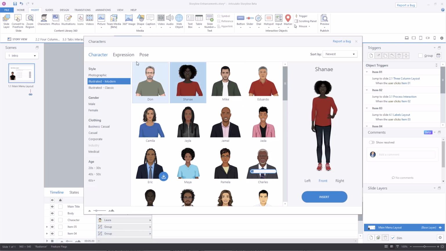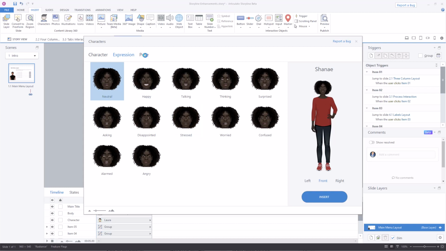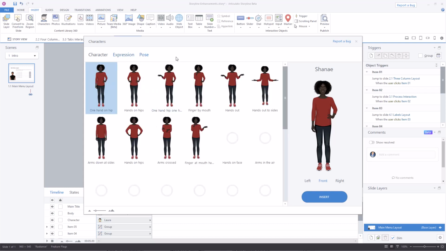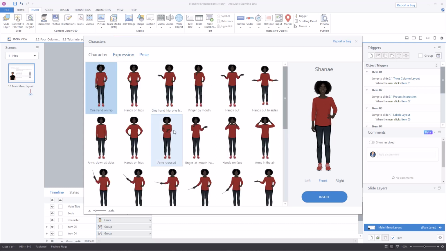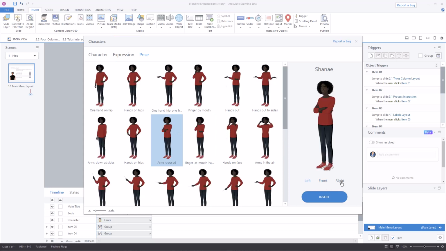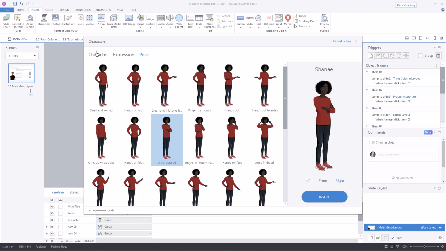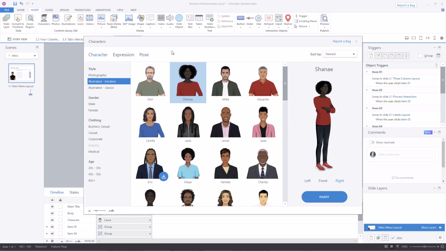You can see the different poses and expressions for each of the characters. Love these Modern Illustrated characters. They are probably the most popular characters that we see right now. You have the different poses, and of course you can always go left or right for the poses and the perspective. But two new characters added, so we're continuing to update our content library here.